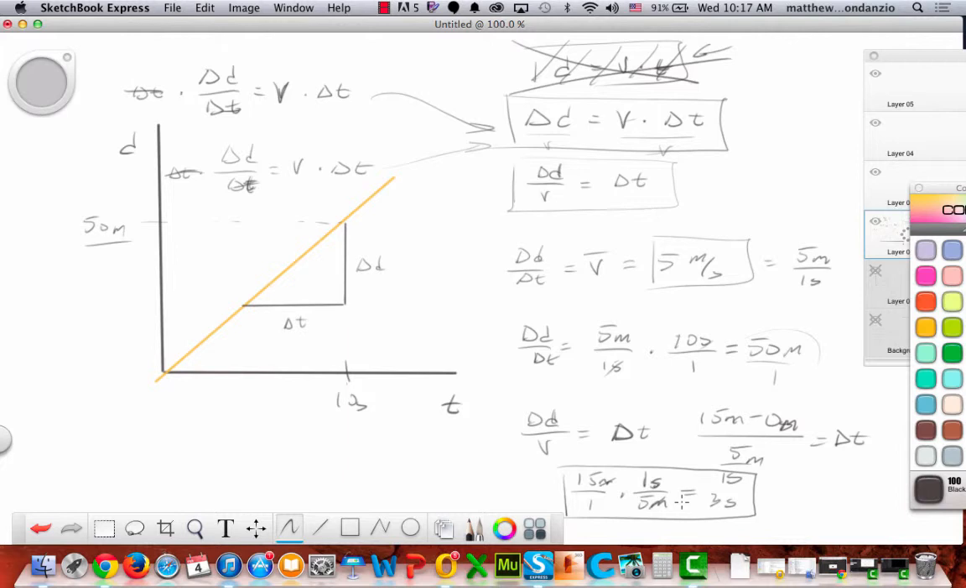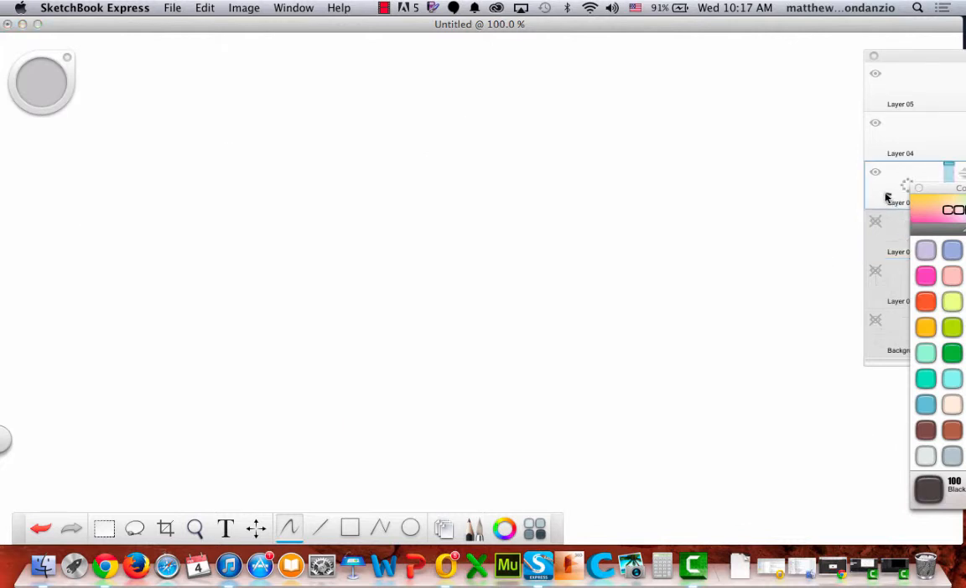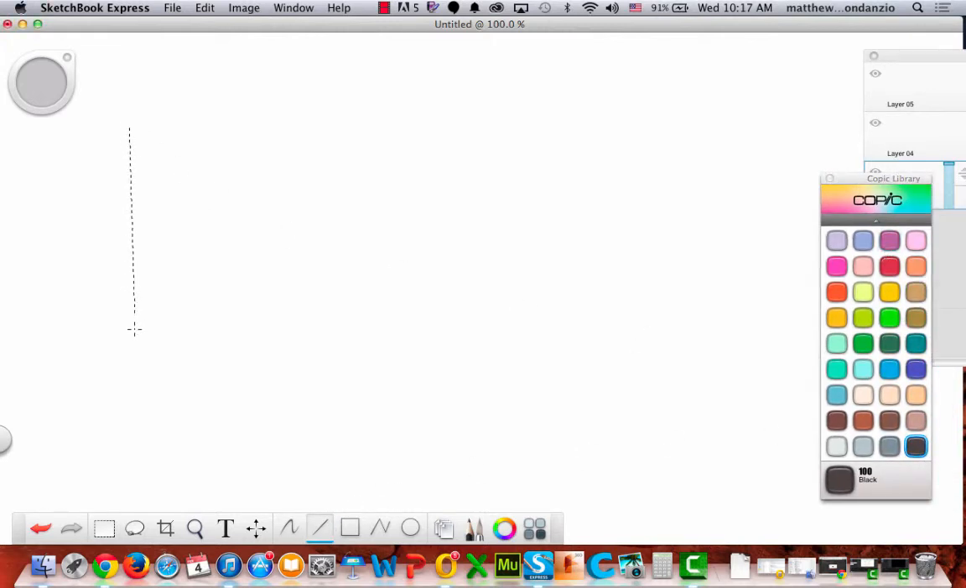All right. Last thing. And this is going to be distance and time. What does this mean? Negative slope, which means I have a what? Negative velocity, right? So if I go back to here,